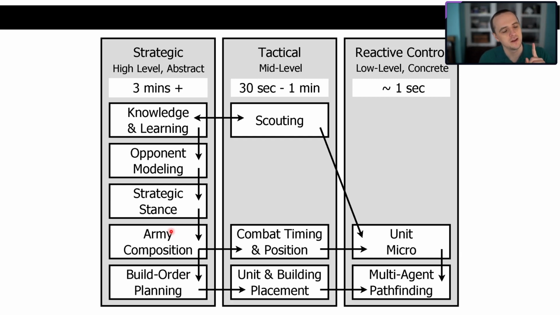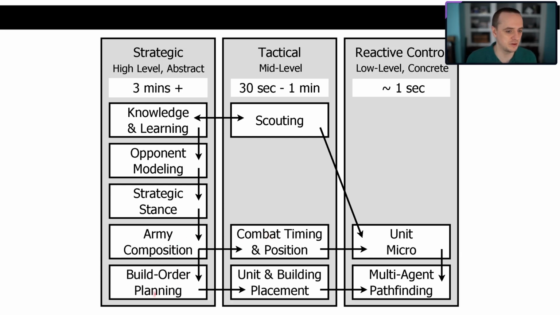That's going to be my army composition this game. So, now that I have my army composition, I need to figure out how to build that army, right? I can't just magically produce these tanks. I have to take a sequence of economic actions, and that's a build order. So I've got to plan my build order somehow to get the army composition, to get the defensive strategy that I'm going to use to play against my opponent. Also, I'm going to have to position these units somehow in order to do battle with my opponent.